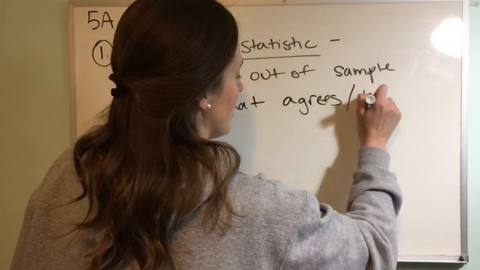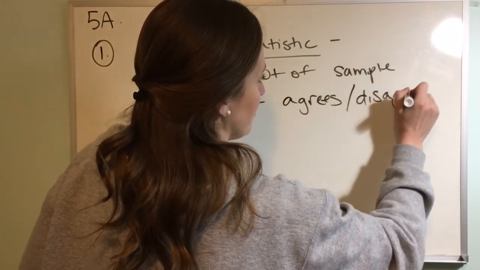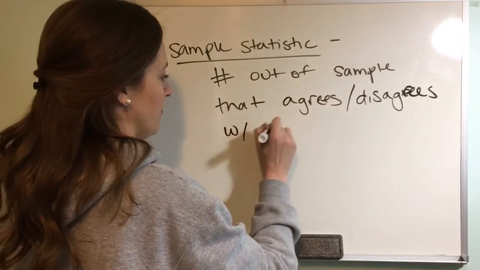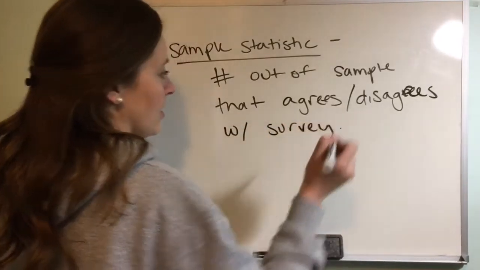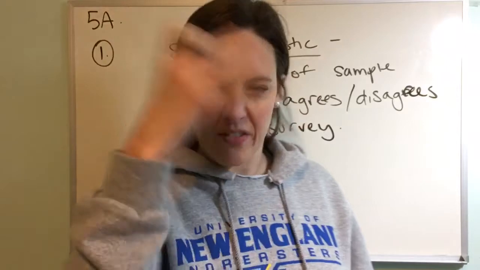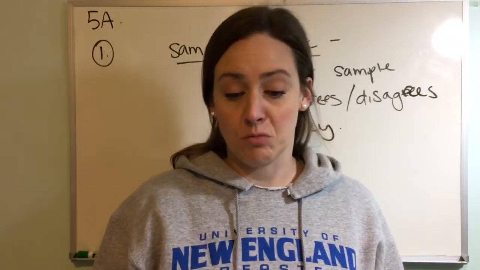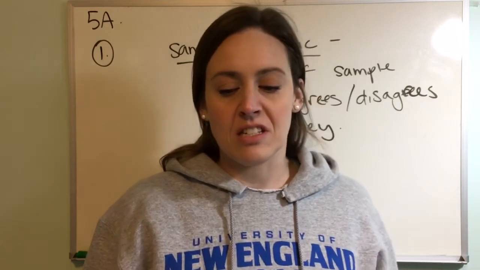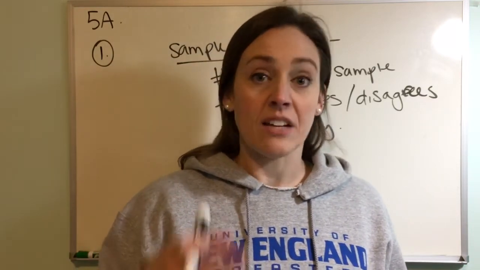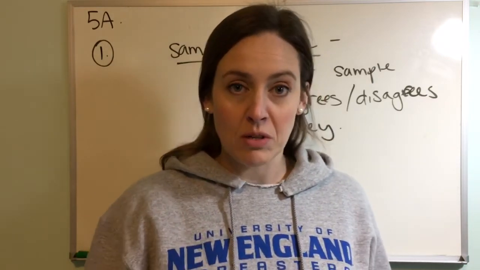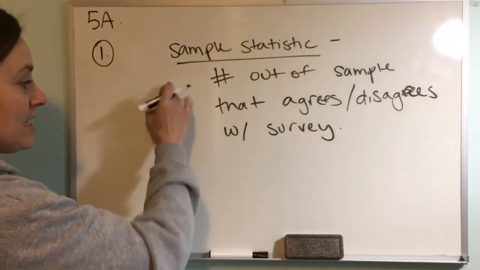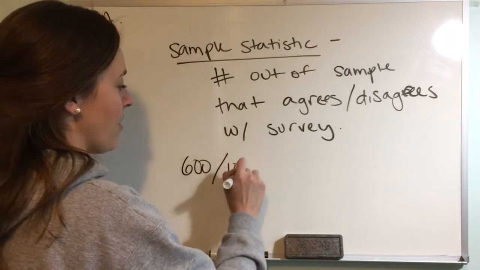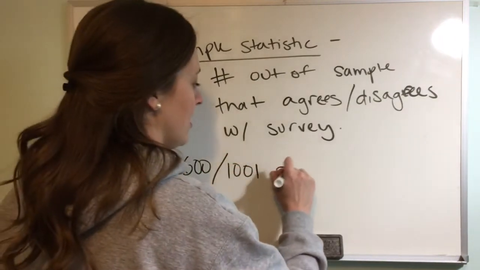Agrees, or you could say disagrees if we're talking about a different group. Disagrees with the survey. So let's say, again, they don't give us a number, but out of these 1,001 people that they called on the phone, let's say 600 of them said, yes, we're handling this well. So for the sample statistic, and again, this is just an example, 600 out of 1,001 people